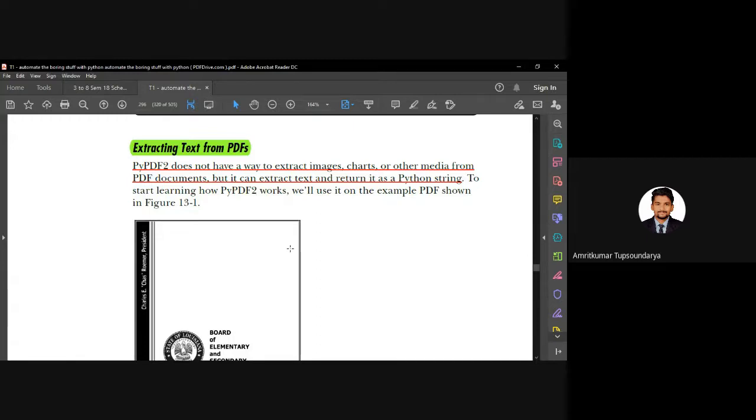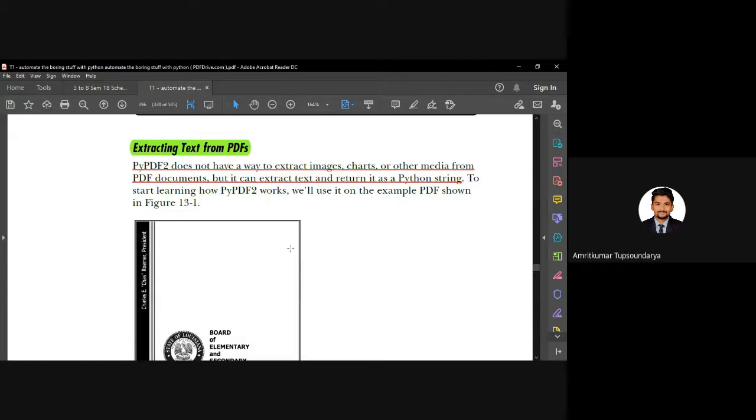So in our lecture today, we are going to see only how we can extract the text. Our main focus will be how we can extract the text from this existing PDF and return it as a Python string on the terminal itself. We are not going to complicate much. We are simply going to copy the text from this PDF and display it on the terminal. Later, we will see how we can use this text to copy the content from this existing PDF to a brand new PDF. So let's go step by step.